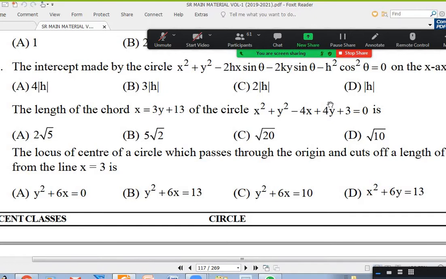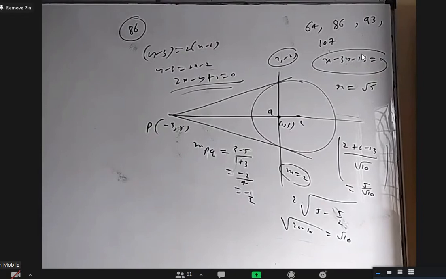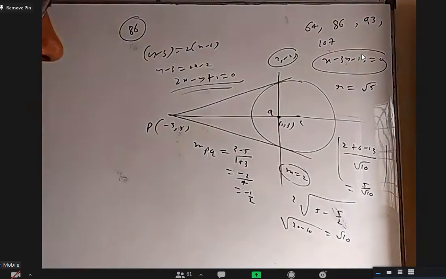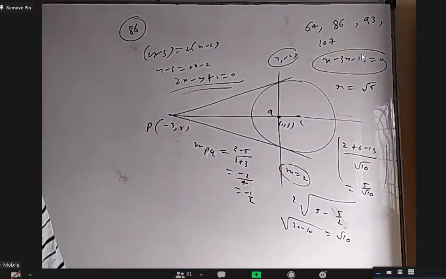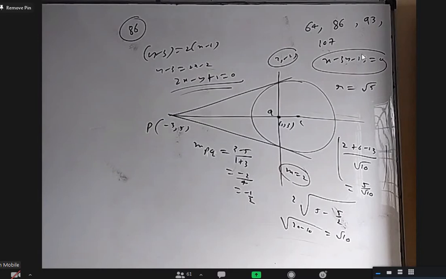2 root over 5 minus 25, right? This is 5. If I take 2 inside, this will be 20 minus 10 root 10. Root 10 is there. Yes, sir. I forgot that root, sir. What you forgot? That root I forgot, sir. I'm getting 10, sir. Oh, okay, fine. Simple 2 root r square, we will discuss.